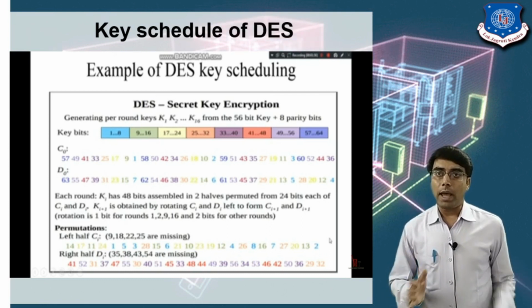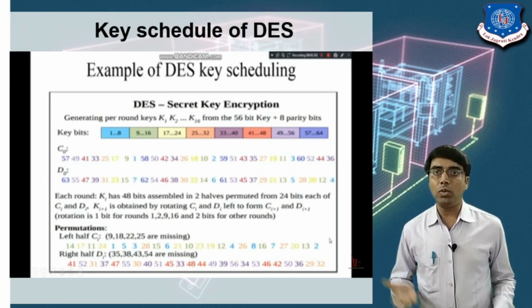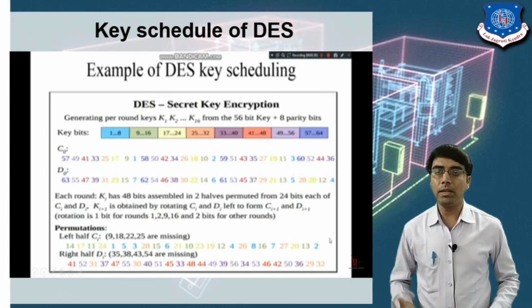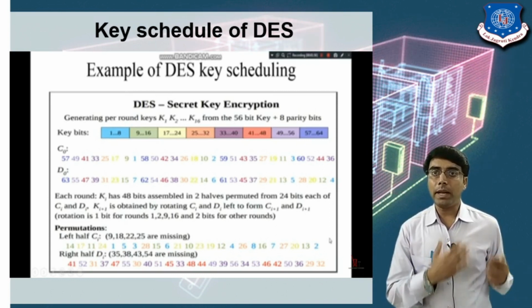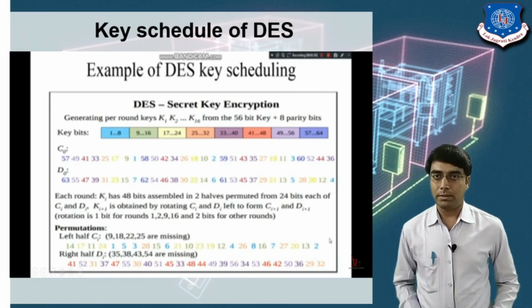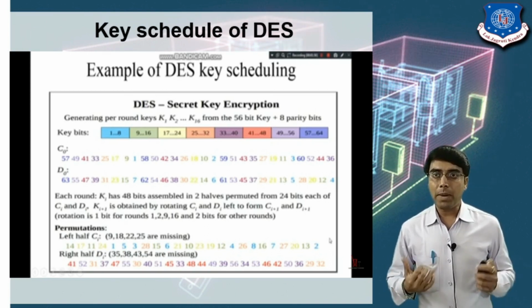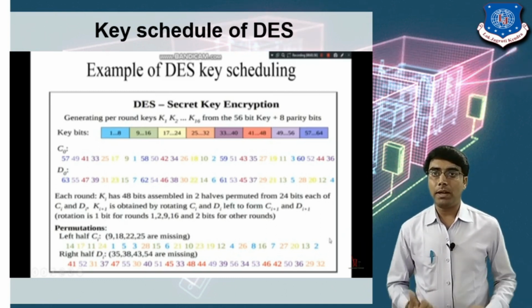Now, as you know, this 56-bit key is divided into two halves. The first 28 bits are assigned to the left key and the remaining 28 bits are assigned to the right key. Now we are applying the left shift operation. After applying the left shift operation, it generates a 56-bit output.